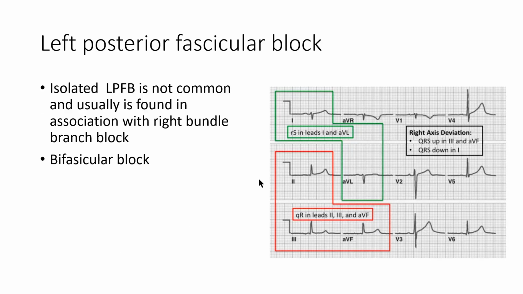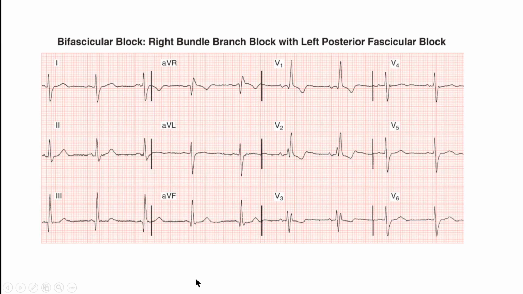Now, a standalone isolated left posterior fascicular block is not that common. Usually these blocks are found in association with a right bundle branch block. This, of course, is interesting. If we have 3 fascicles and 2 out of the 3 fascicles have been blocked, that could set the stage for additional problems. Let's look at this 12-lead